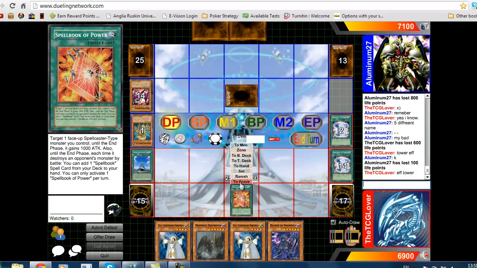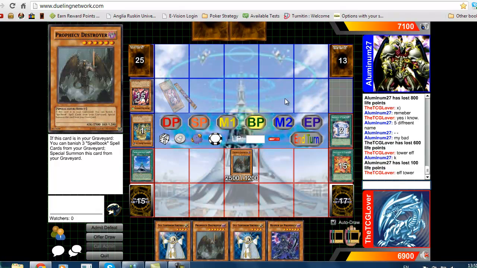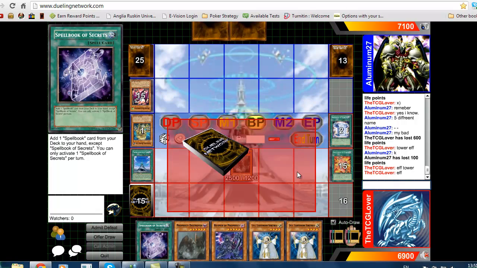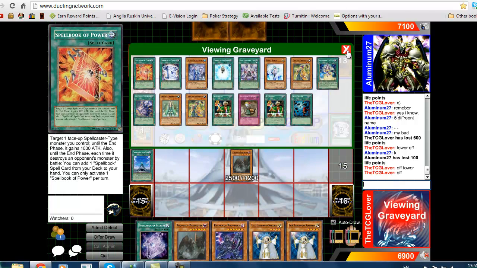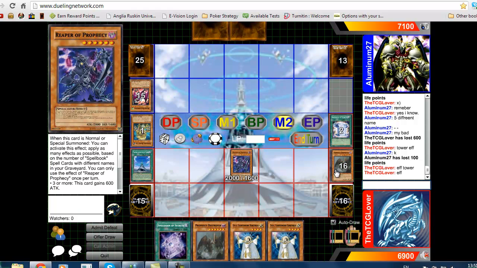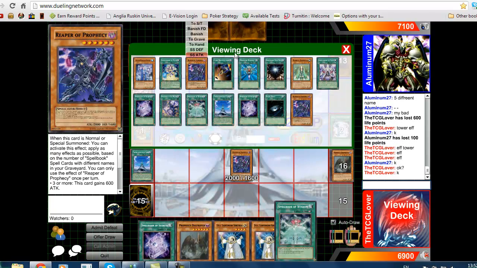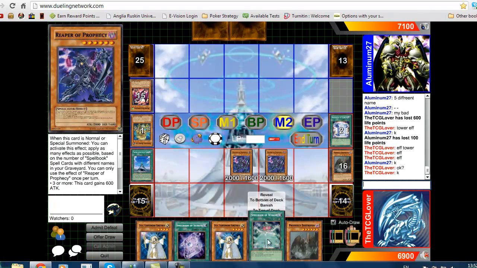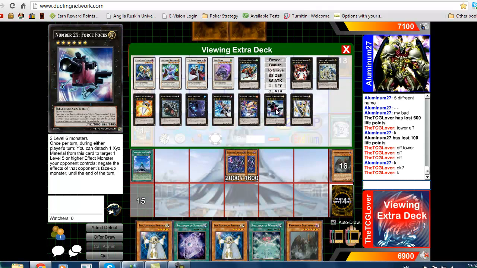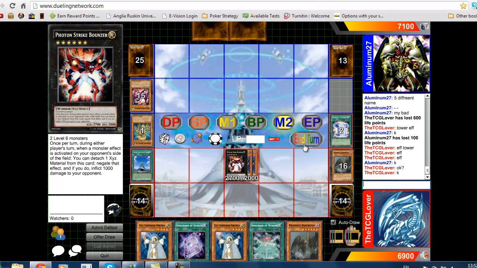If I didn't get a decent thing, but I thought he's not running Ryko, even though he is running the milling engine. So I had Spellbook of Secrets in my hand. I don't bother activating it because I haven't really got anything, no rush really. So I summon Reaper Prophecy. I have 5 spellbooks in my graveyard, so I go all out and add a spellbook to my hand with Reaper Prophecy, and then I go into Photon Stripebound,